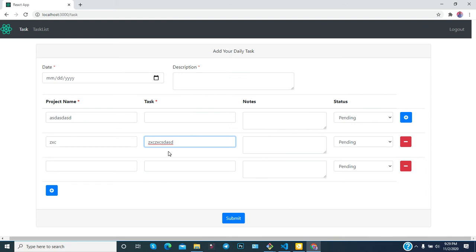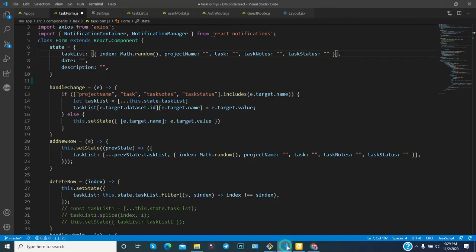The second value is the second object, which also has key value pairs like project name and task, and you need to update the task. These are the challenges and requirements you have to fulfill to make this page dynamic. Okay, so let's try to understand deeply.